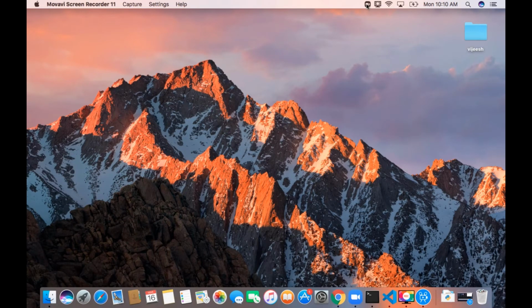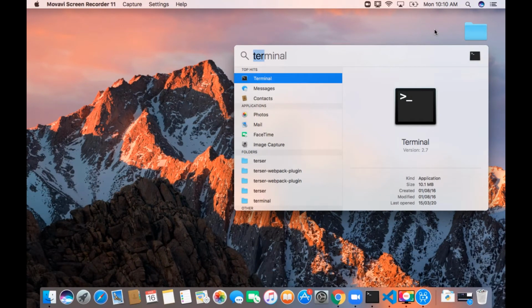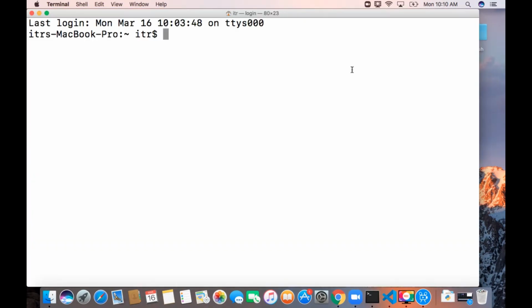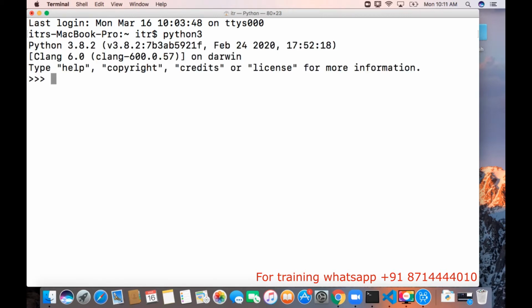Here I am going to demo what are all the relational and logical operators in Python. In order to demo that, I am opening a terminal and typing Python. If you are using Windows, you can open a command prompt and type Python. Relational or comparison operators are used to compare one value with another. After comparing, the result will always be true or false.